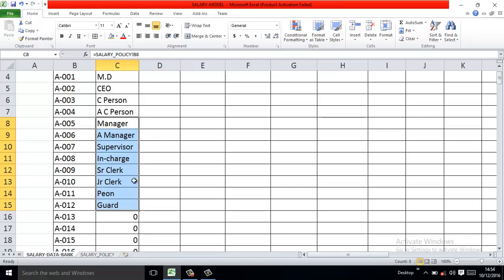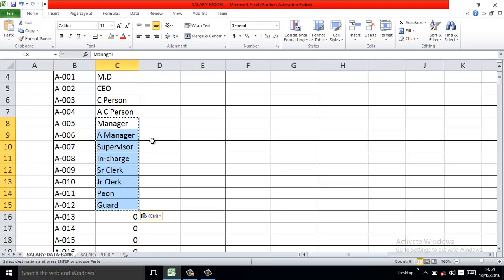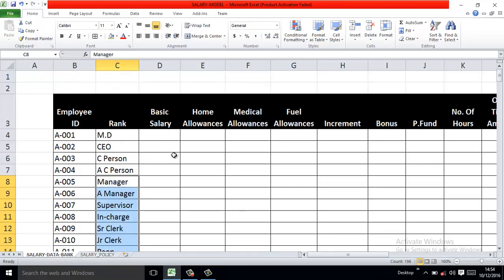So select from manager to guard, copy it. After that go to the paste menu bar. In the paste menu bar click on the first value. So what I'm doing by clicking on that, I'm actually fixing the data, and then just double click on the selected region and you will get data automatically for the rest of the employees. Now we need to recall the salaries